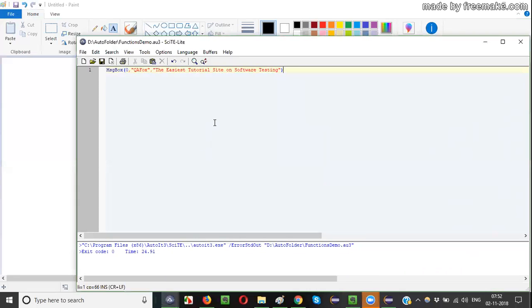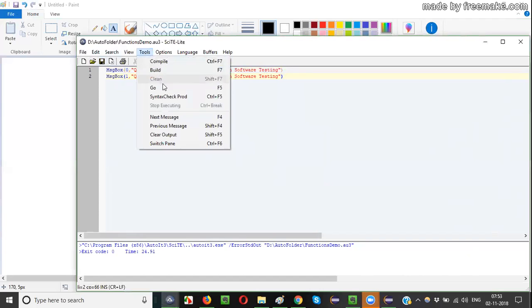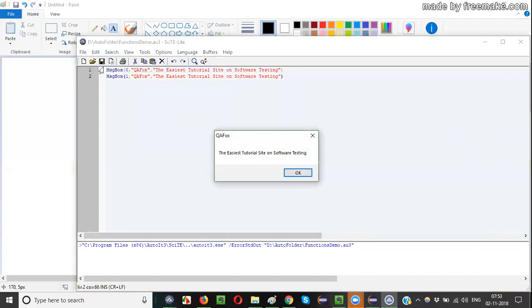Okay, I'll do one thing. I'll keep this 0 here and copy paste this line, and here I will change the flag to 1. Now save it. Now Tools, Go. First you will get the first line, where the 0 flag is there.